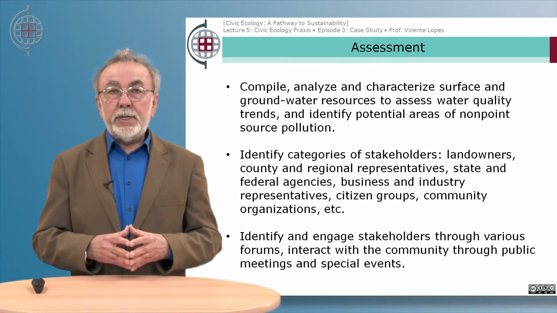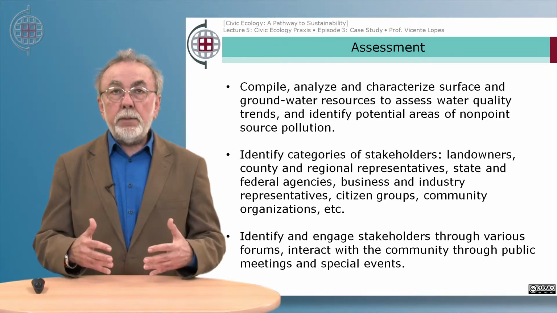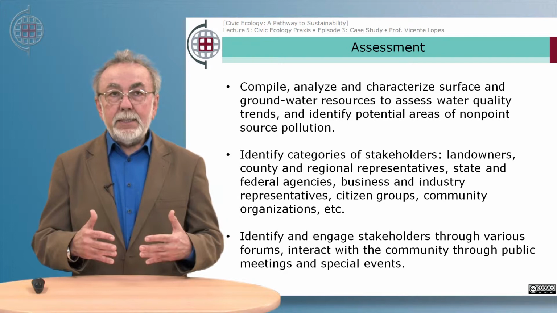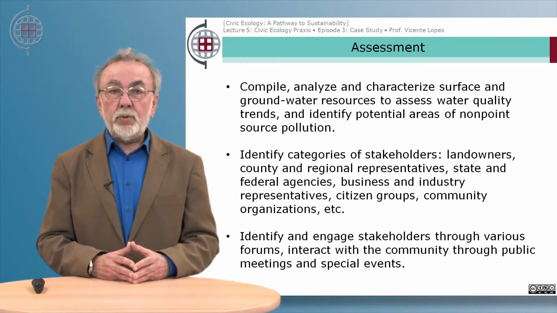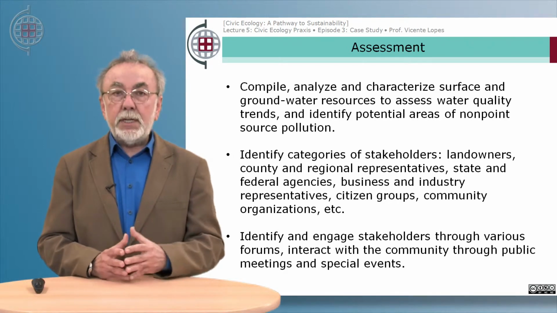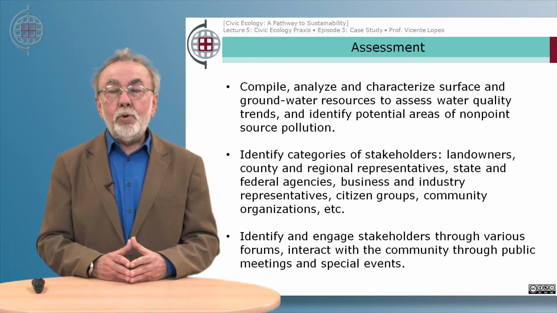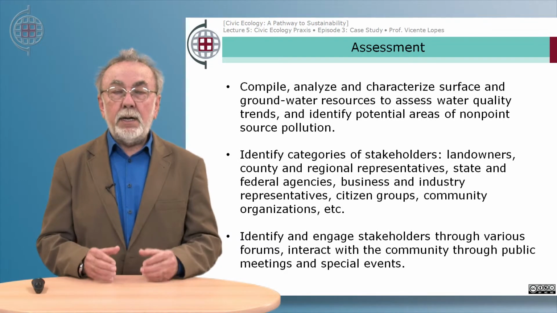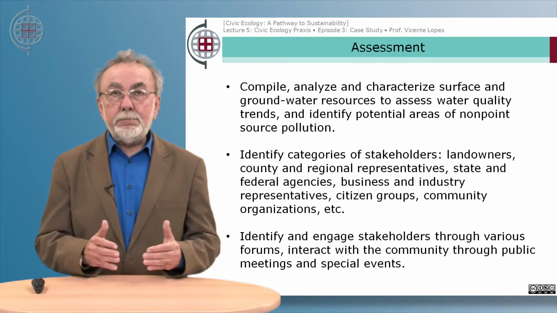So the goal, therefore, is that that group of stakeholders be well represented, or representative of all types of stakeholders in the watershed. That's why we need to know, before we start the project or the intervention, who the major players are, to make sure that they are invited and participate in